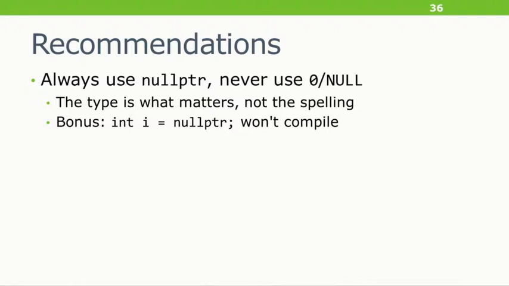Don't write them. The only excuse I can ever imagine for writing zero or NULL is if you're writing a dual mode C and C++ header, in which case you have my pity. That's just horrible. But in C++, just never say NULL. Always say nullptr. It's not that the type says what it is. It's not that the name says what it is. It's that it has the right type, nullptr_t. It works with the type system rather than being the special rule that depends on the literalness of zero.